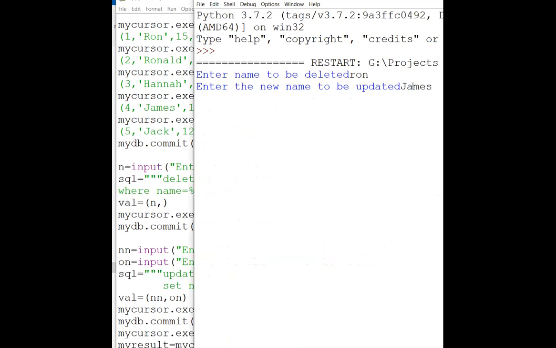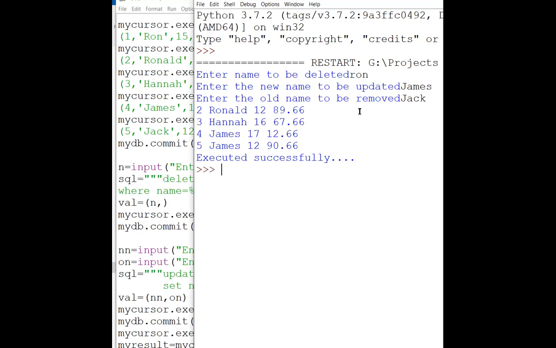See, remember, this is not at all perfect, but what we are understanding is that how we are going to use all these codes. Later on, these all codes we will be using again and again. Fine, James and Jack I wanted to change as. So you can see that Jack is also changed to James and Ron has been deleted from here.